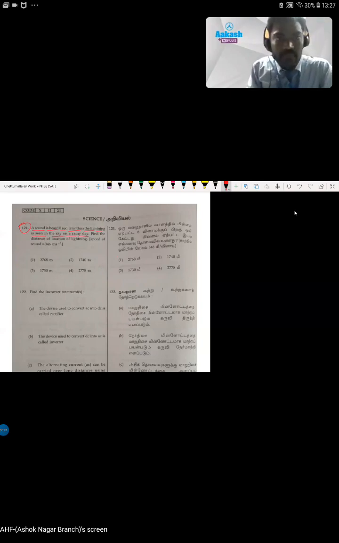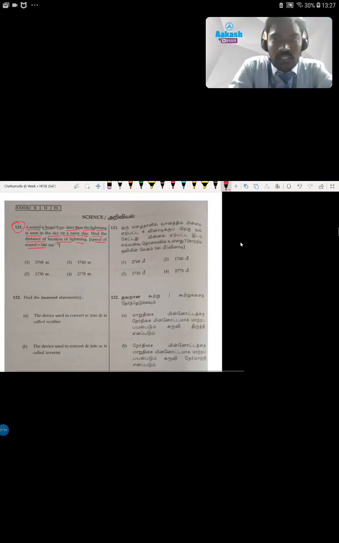In question number 121, see students, the question is, a sound is heard 8 seconds later than the lightning is seen in the sky on a rainy day. Find the distance of the location of lightning, and they have given the speed of sound as 346 meter per second. Here, indirectly in the question they are giving the information that sound is taking 8 seconds to reach. So the time taken by the sound to reach is 8 seconds. Speed of sound is 346 meter per second. As they are asking